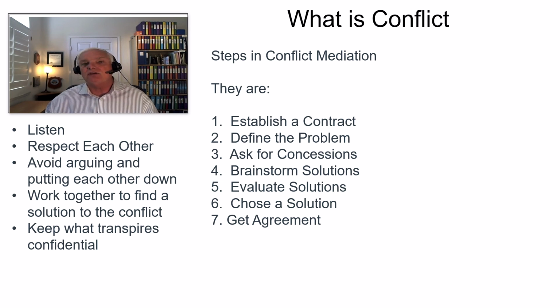Once you have that, you would then brainstorm solutions to it. Once you're done with that, you would then go back and evaluate those solutions. Take a peek. Which ones are the ones that from a consensus standpoint we could all agree on? What's the best solution? And then you choose a solution. Once you've made that choice, all of the people that were established in the contract, all of the stakeholders that are tied together in this process, now need to get agreement.